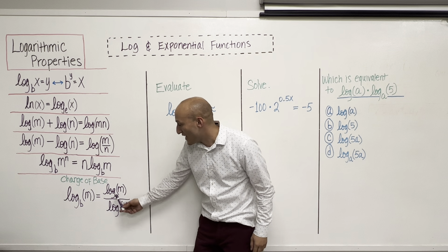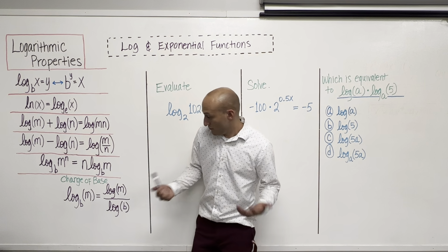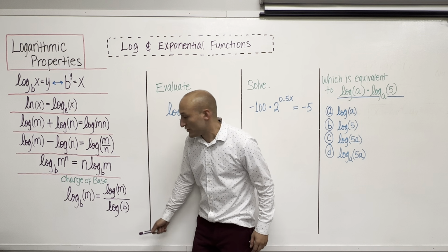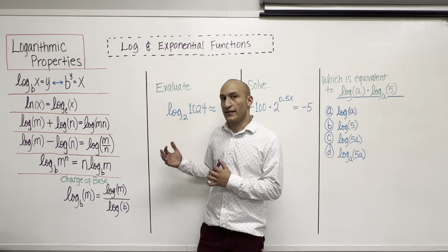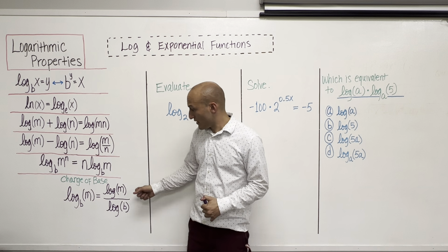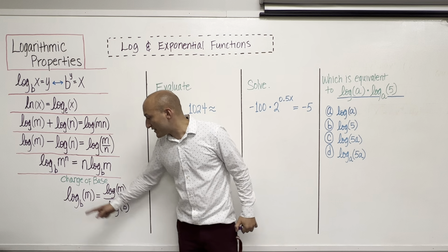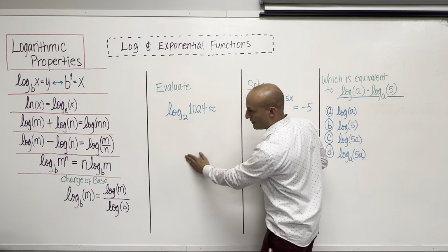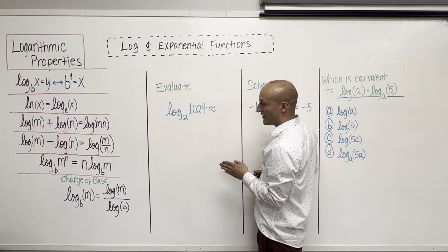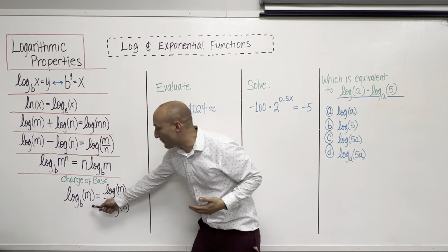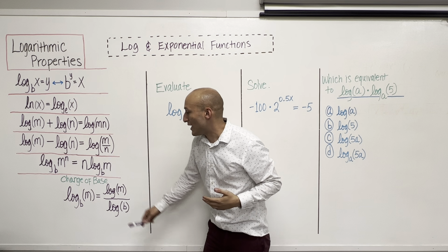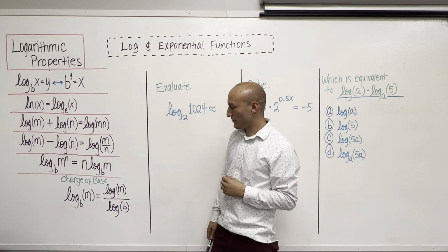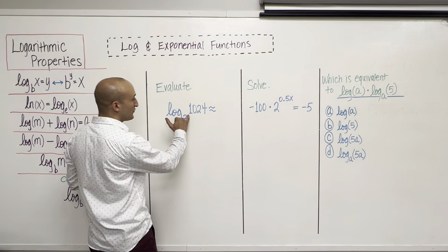Both of these have a base of 10, right? There's nothing written there. So we know that it's a base of 10, okay? So that's how we would solve this, and that's what we need here, okay? So following that, I like to remember it as whatever my base is, I'm gonna put in the basement of my fraction, okay? So my base is 2,